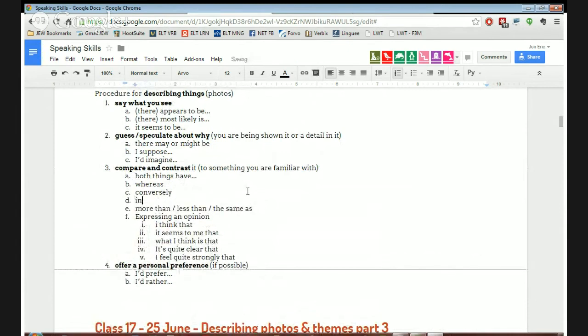In spite of, and it has a sibling, a brother or sister, which is despite. Usually, despite is followed by the ing form. In spite of doing or despite doing. Usually it's ing. Okay? So we even have a new contrast connector we can add to our list.